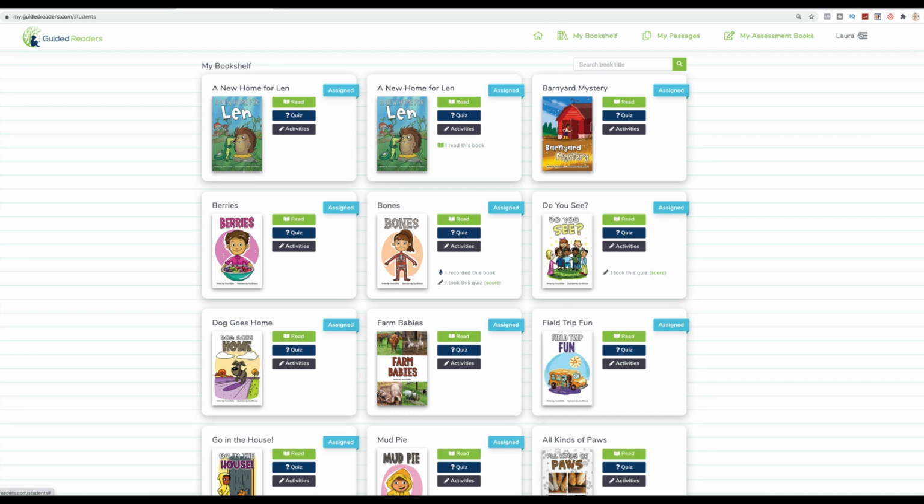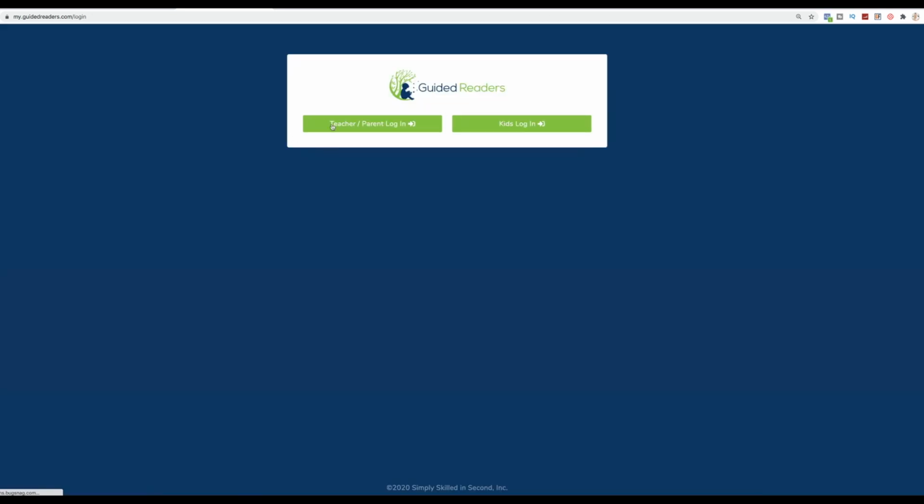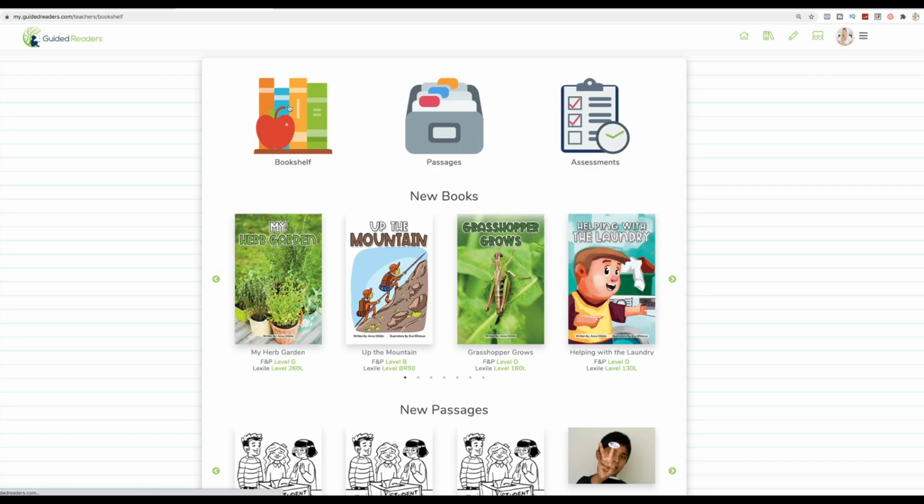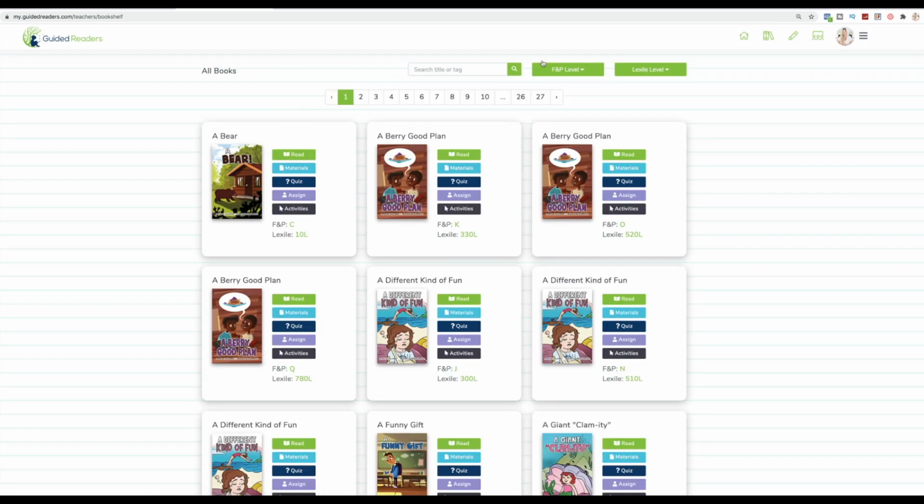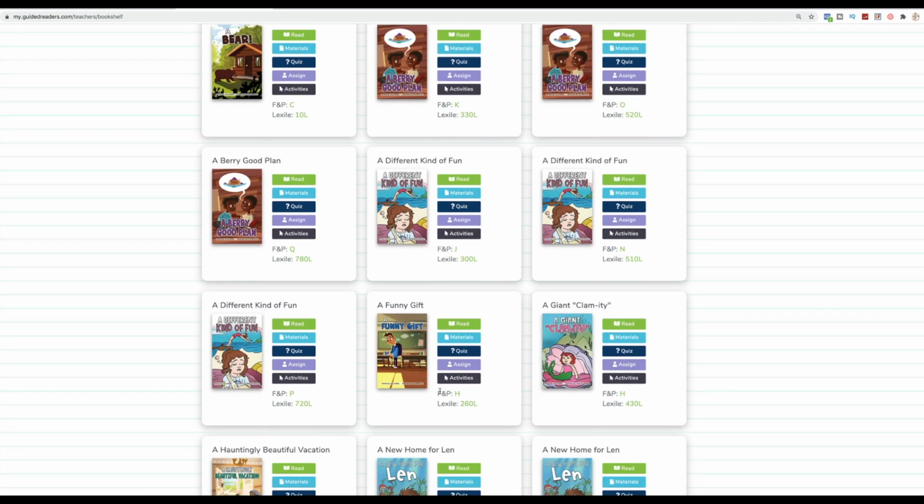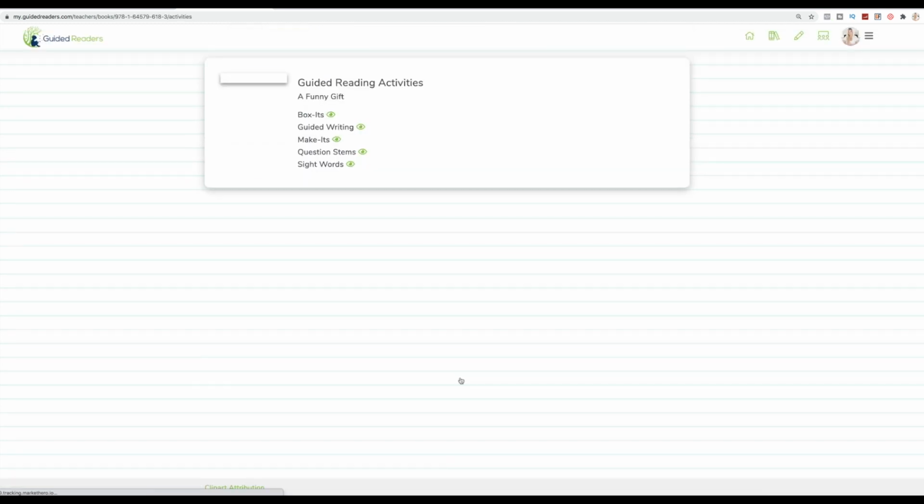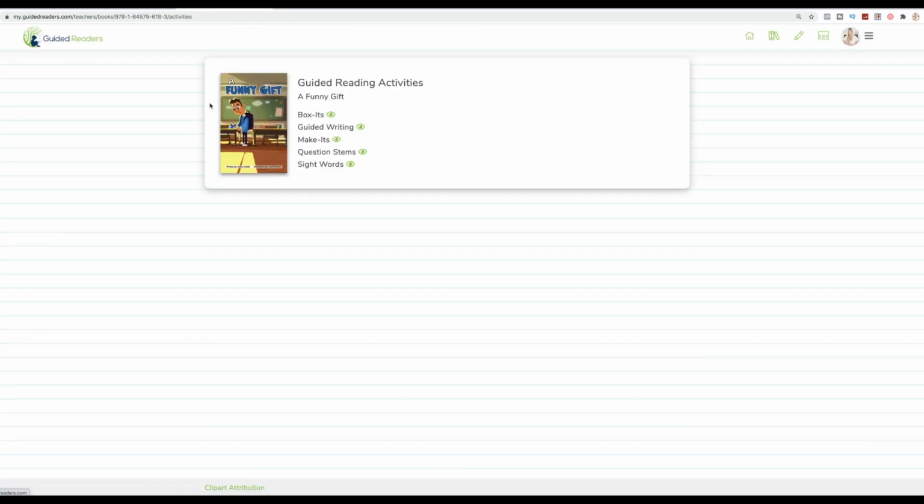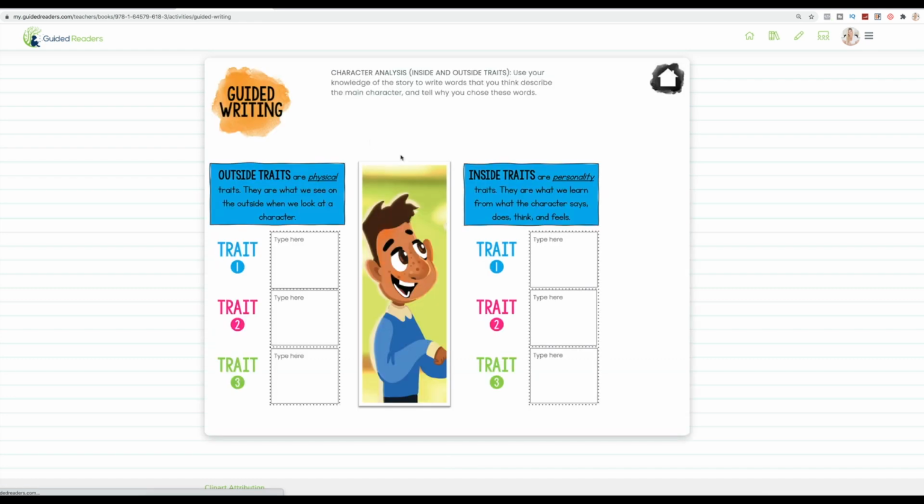So again, let me just log back out from the student view and go back into the teacher view. If you are ready for digital activities, they are all here for you. If you just want to view them first before you give them to the students, you could just click activities and you can see what the activity looks like. Just so you know, all of the activities look basically the same. The ones that will change the most are the guided writing, because there's a different type of guided writing activity